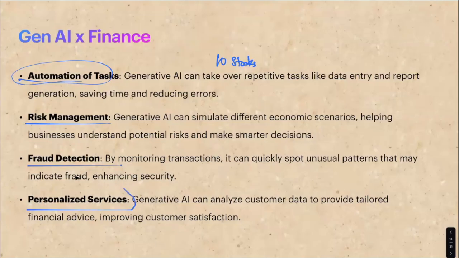And more importantly, the crux of this session and everything we talk about with generative AI is that we are able to personalize things. Instead of just creating a simple tool that is the same for everyone, we are able to personalize services using generative AI. So these are the core benefits of how AI is being used in different ways. I have only mentioned two or three here, but in actuality, there are many different ways in which AI is being used.